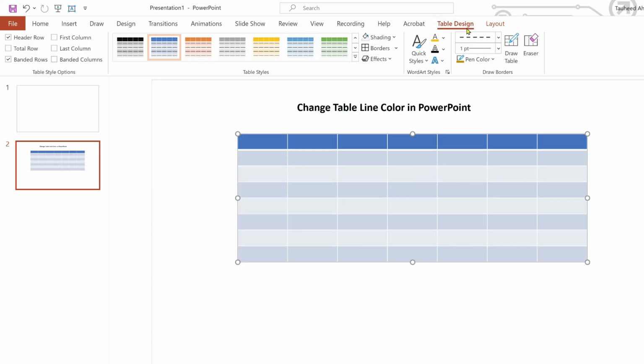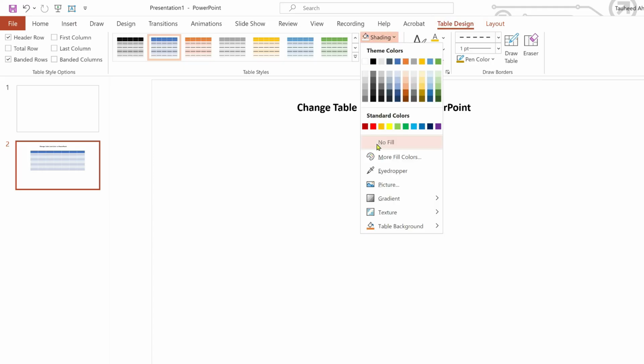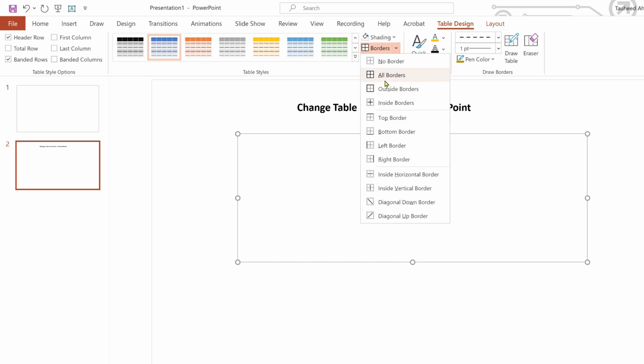After that, go to the table design on the top menu bar and here is the shading. You need to click the no fill and the color is gone. Now click on border, click all borders